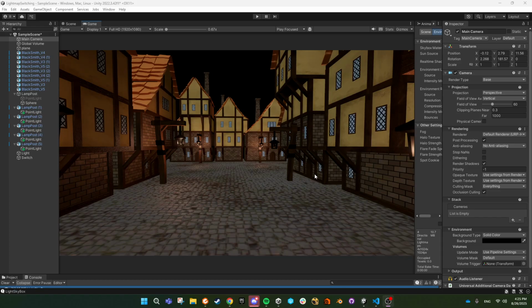I was given the task to do some research on how to switch lightmap baking, or baked lightmaps, in real time for Kaleidoscope Studios. I just want to run through what I did, how I did my research, and the conclusions I came to. So here is a little scene I put together of just assets I've made,